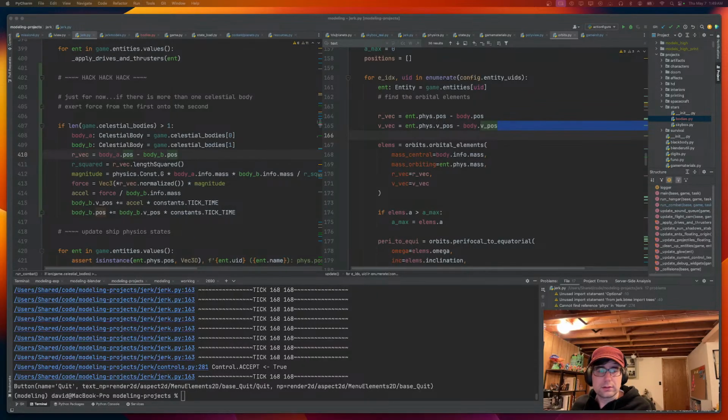Okay. So I don't think we're really going to be able to see the orbit of the moon around the planet, but this should be a check to see if the system is stable and if our orbits UI works. So let's